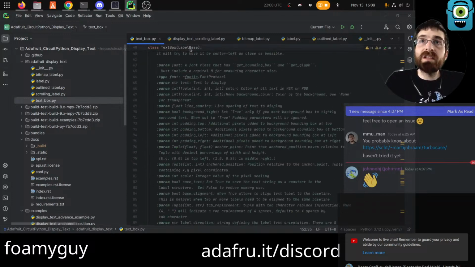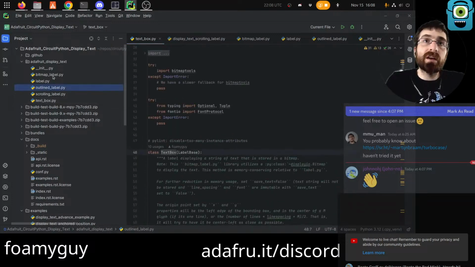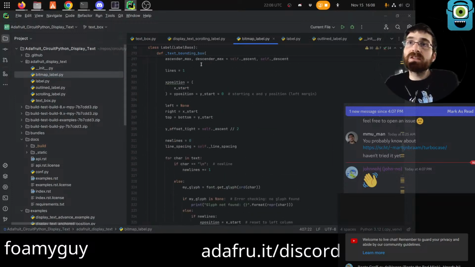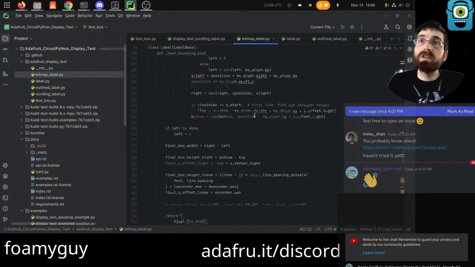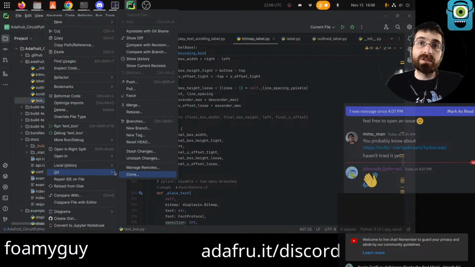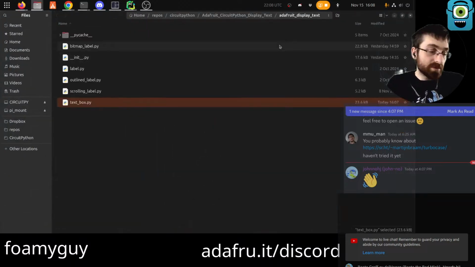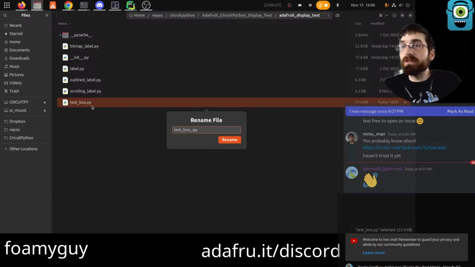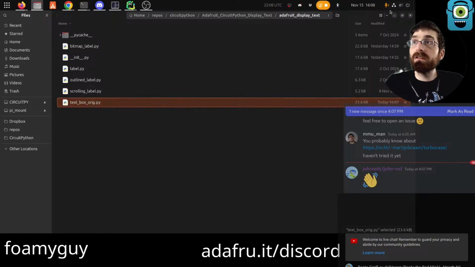So right now this extends label base because it started life effectively as just a copy paste of bitmap label, which extends label base. What I would like to do is rename this one. In fact, I don't want to refactor it really. Let me just go out of the IDE and rename it here. I find the IDE wants to change all the code references and stuff. That's not really what I'm after. I think you can uncheck some boxes or whatever, but this is easier. This is going to be, I'll just say original, and then we're going to make a new one,